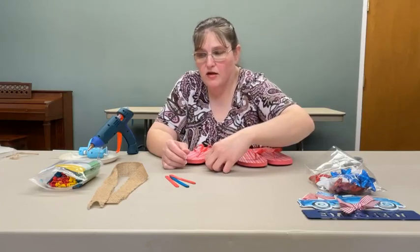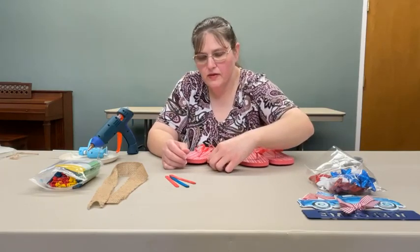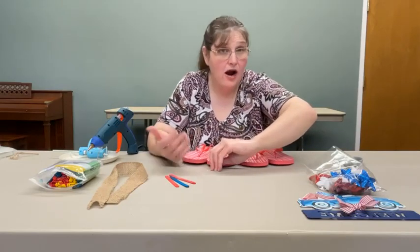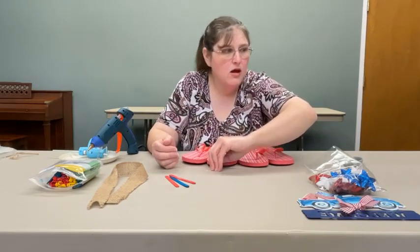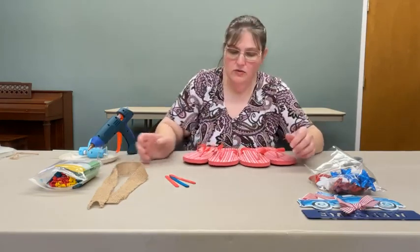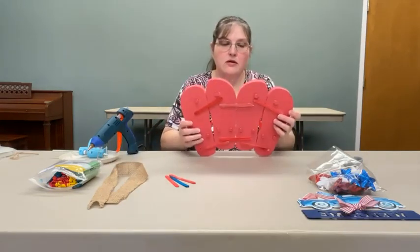And Dollar Tree did have a lot of different flip-flops. They just didn't have a lot of patriotic ones at our Walmart, the one I frequent. But you can check out your Walmart and see what they have. But I got these